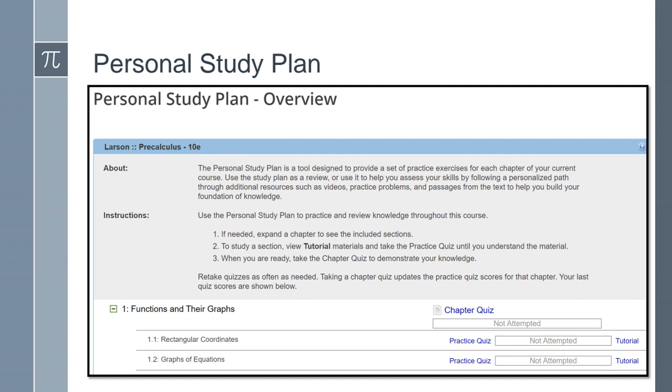Okay, so we always like students to look at their personal study plan. For instance, under this, it will give you hints and a study plan as far as what to look for, what you need to do, what you need in order to succeed in your class. So again, you'll have instructions for every chapter and section, and then some additional stuff that you want. You can also do practice quizzes here, do tutorials if your instructor makes them available.